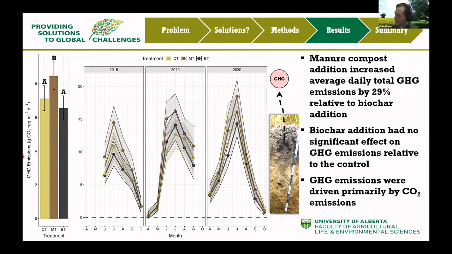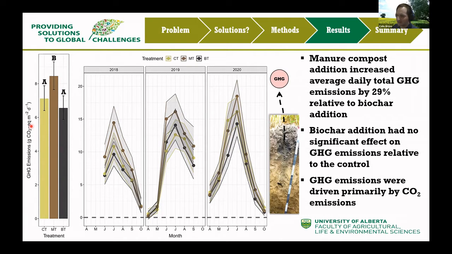In the cropland, greenhouse gas emissions were not strongly correlated with increased soil organic carbon and microbial biomass carbon. This suggests the carbon in the manure compost was more available to microorganisms than the carbon in the biochar, as evidenced by the increased water-soluble carbon from manure addition. This also suggests that the increased water-soluble carbon from manure addition may not have been contributing to microbial growth and was instead being respired as carbon dioxide inefficiently by the microorganisms.